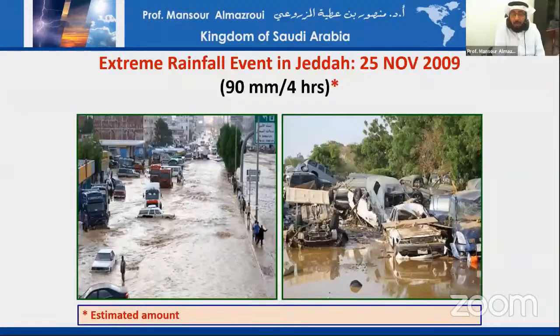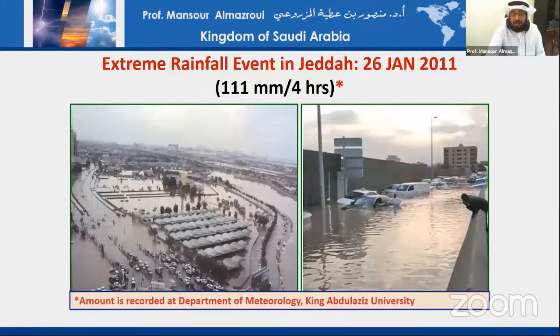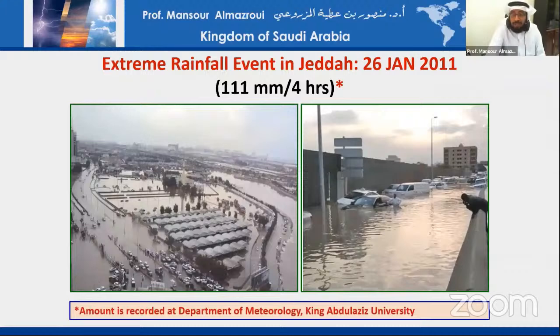This is one of the most remarkable events and big signatures of climate change. This increase of rainfall has caused the death of more than 120 people. And after 25 November 2009, there was another event which happened on 26 January